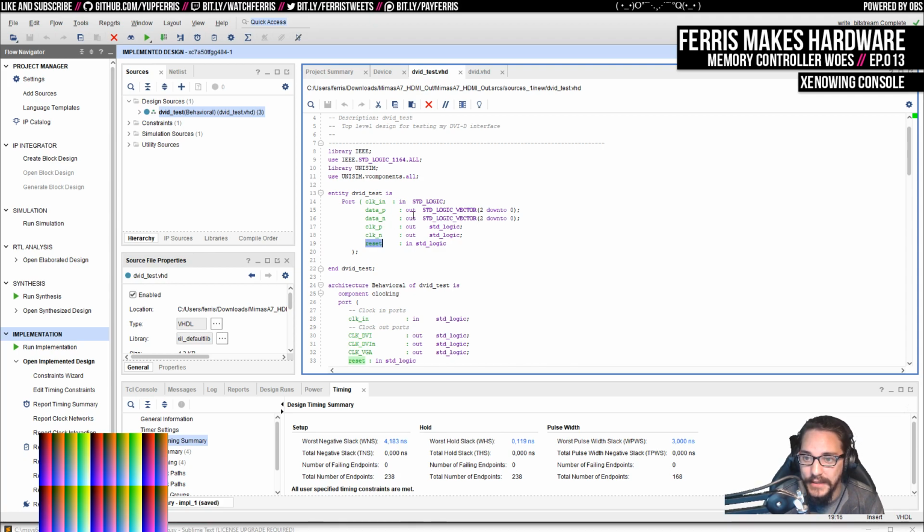So I know HDMI also has some I2C stuff where you can query what kind of monitor is connected, what kind of resolutions it supports, all that kind of stuff. I think VGA has that too, generally. But it looks like you don't need that, is what I'm gathering from this. So,